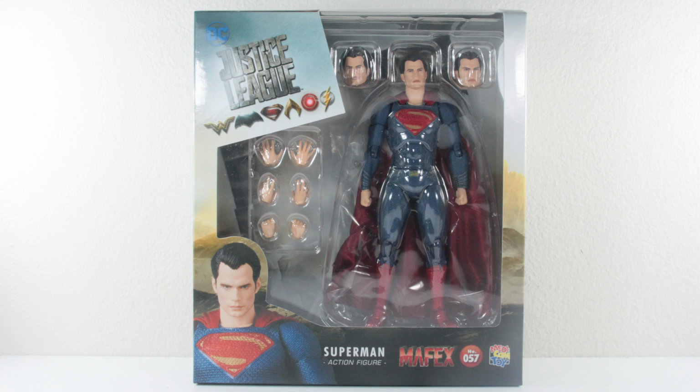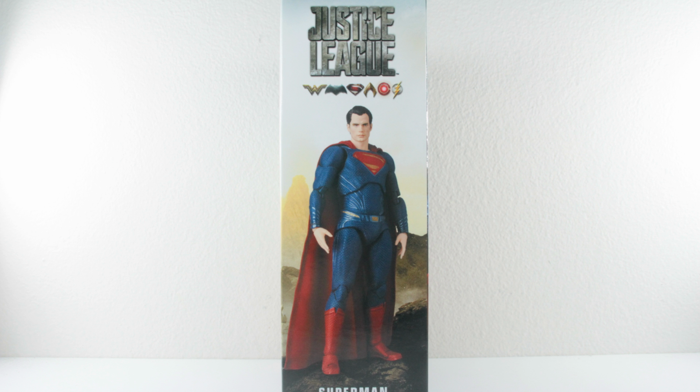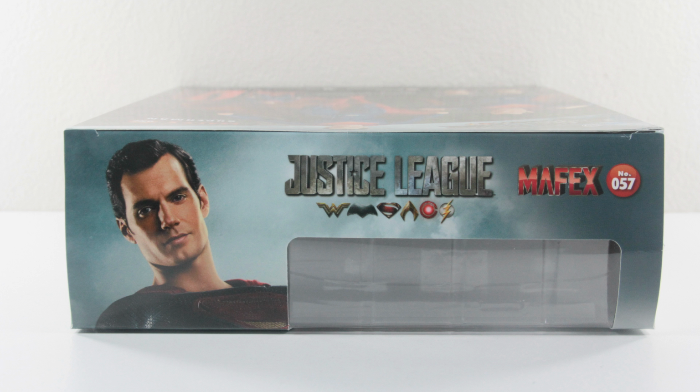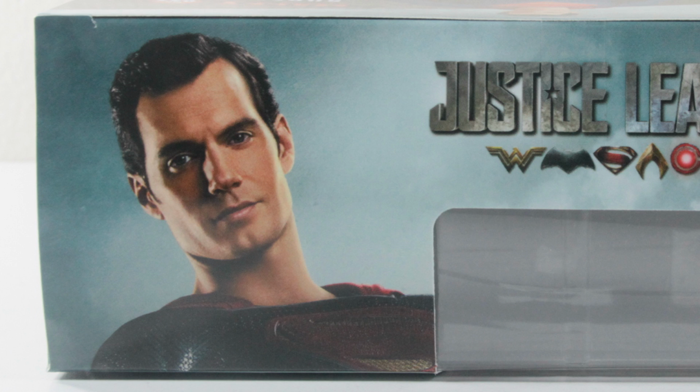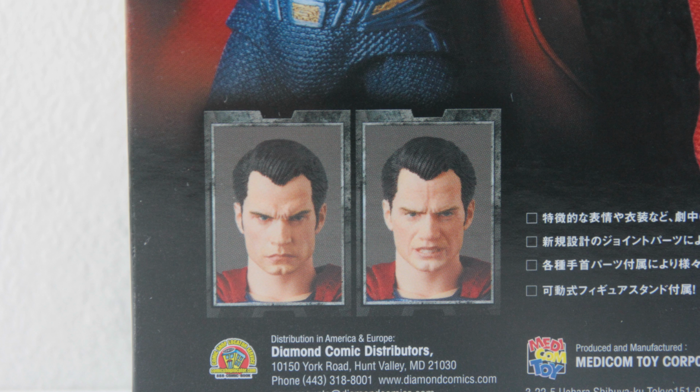At the front of the box you got the usual transparent plastic sheet, the man at the bottom with his name, another standing pose at the side, and Mr. Grumpy at the other. The usual cheating move at the top where MAFEX uses the original picture instead of the figure, and at the back his flying pose, standing pose, and more highlight on his facial expressions, which I'm really concerned about, so without further ado...